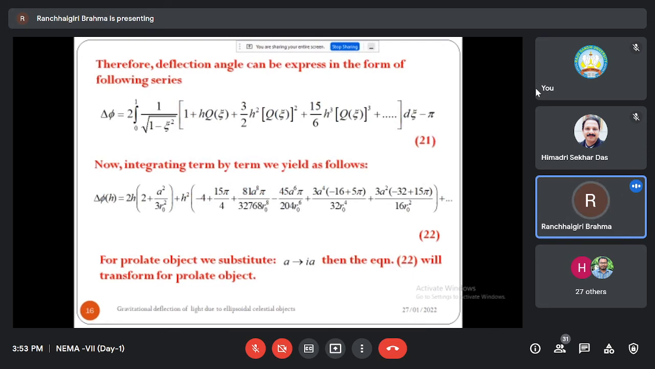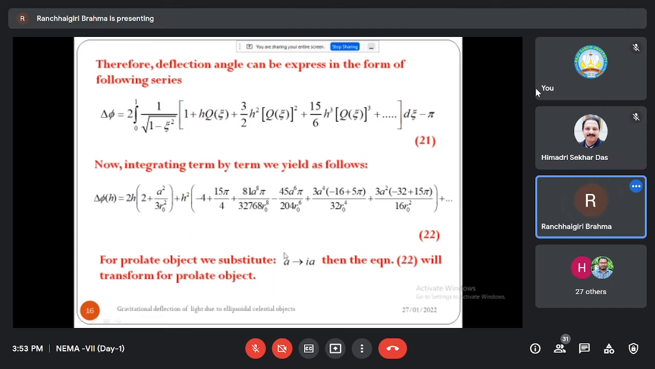Substituting this equation 20 in the light deflection angle expression, we found this series form of the deflection angle, equation 21. Then by integrating equation 21 term by term, we obtain a series form of the final deflection angle, represented by equation 22. Here, A is the